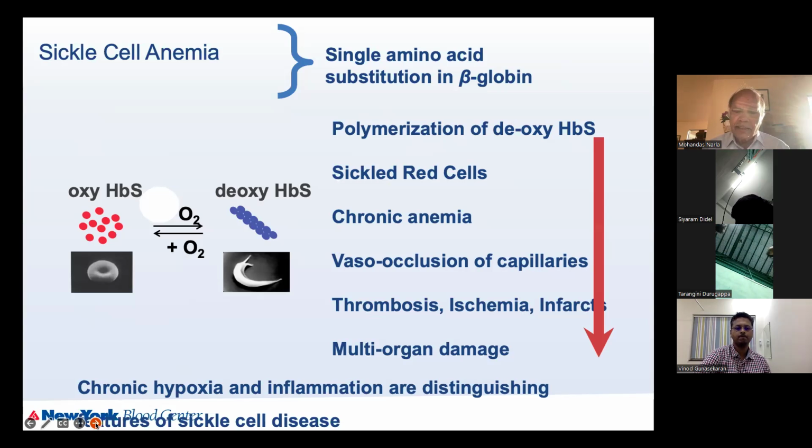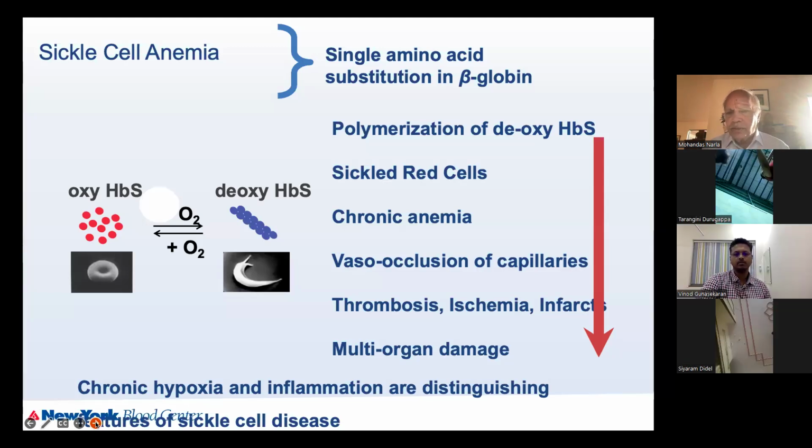Obviously, the sickle feature is sickle red cells, chronic anemia, vaso-occlusion of capillaries, thrombosis, ischemia, multi-organ damage. Really, it is a disease of chronic hypoxia following birth. So it affects all organ systems in the body, and it can be very, very severe and hard to